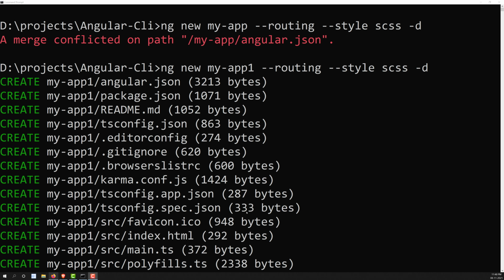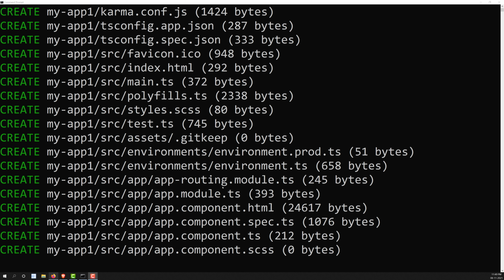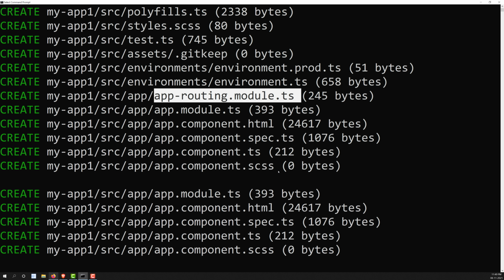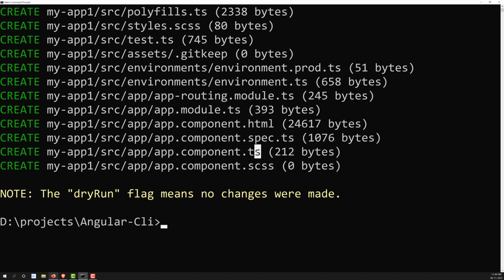We have given --routing, so you can see that the app-routing.module.ts file is created. And we have given Sass, so the style sheet should be Sass. For example, if you look here, you will be able to see the Sass file.